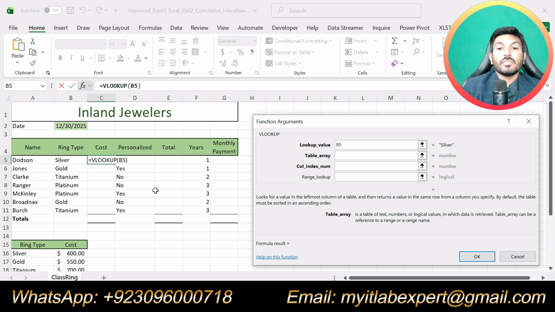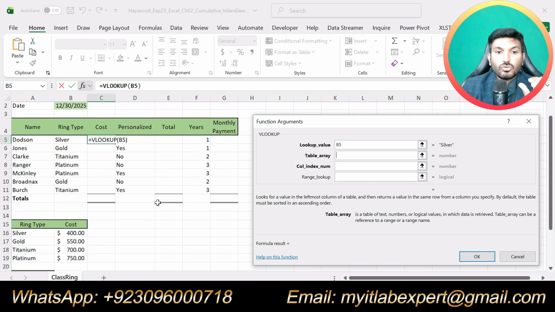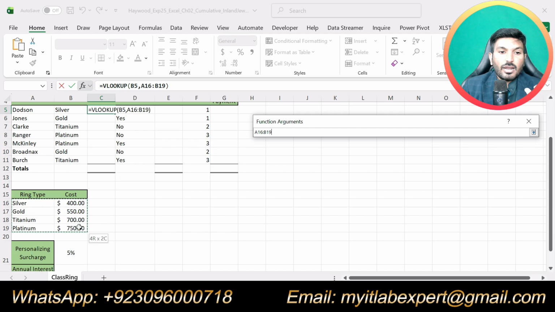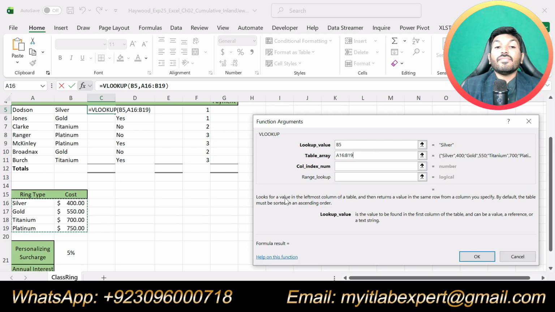Now table array. Table array will be the array from where we are going to get those values. So we are going to get those values from A16 up to B19. That will be our table array or lookup array, because we are going to extract the cost for each ring type from this table array, that is A16 up to B19.